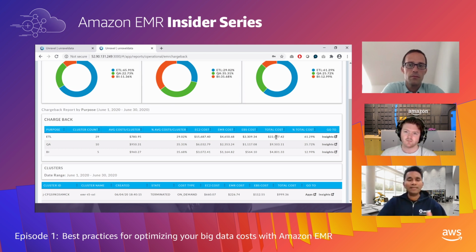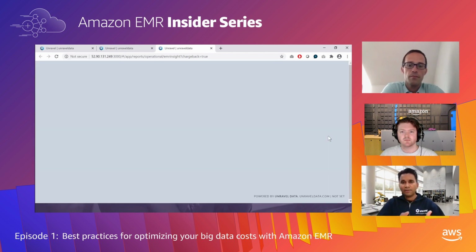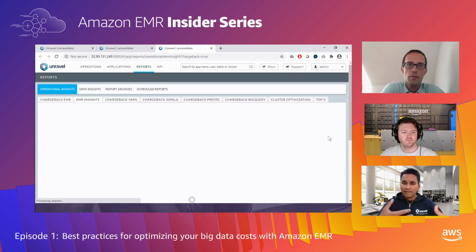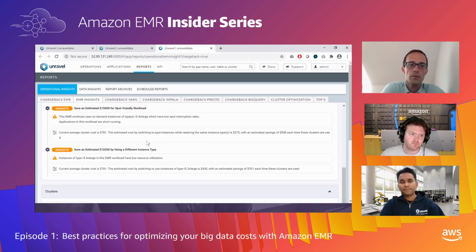And what Unravel is doing is constantly hunting and prompting, hey, what are the ways in which you can save money and improve performance? So all I have to do is click on this Insights button instead of going into monitoring tools and trying to triangulate all this information. Unravel's analyzing all of the workloads that are running on that environment right now. And then it's saying, for those purpose workloads that you were running, you could be using Spot for that, because Unravel's analyzed and said that the jobs running on that workload are rather short running.